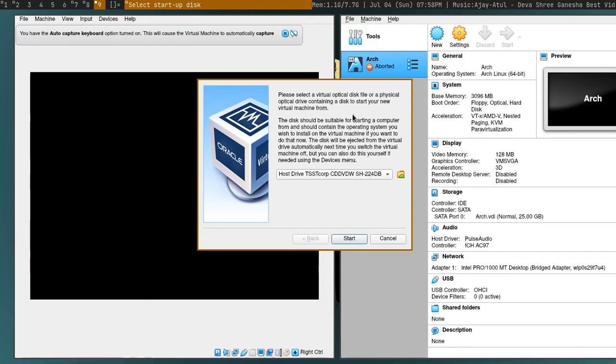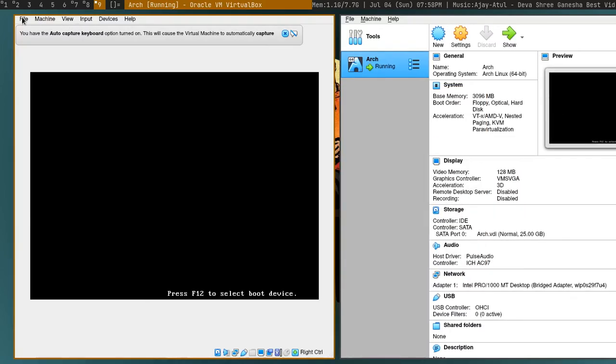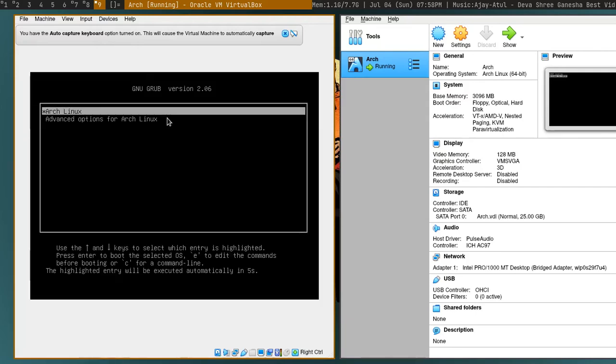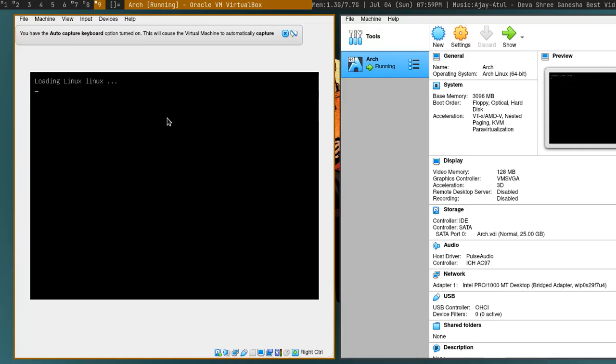Why is it showing something like this? The disk should be suitable for starting a computer. Let's see. Yeah, as you can see, it is saying welcome to Grub, and we have Grub here. We'll click on Arch Linux. It is loading Linux.